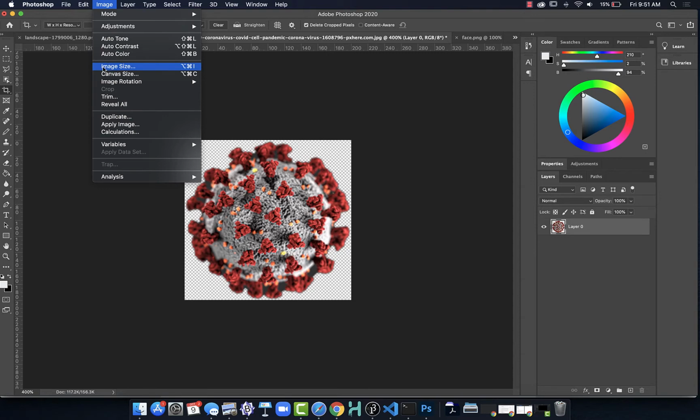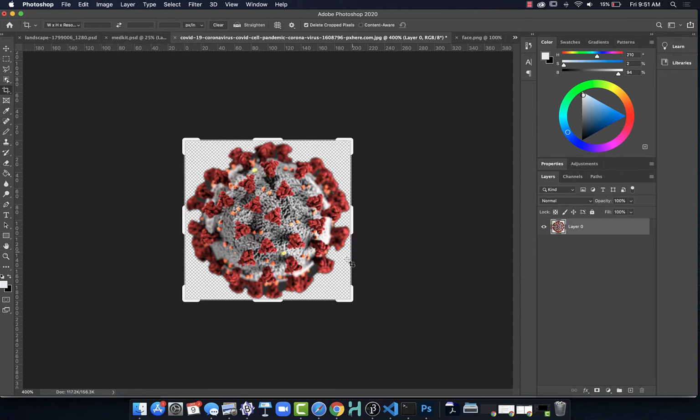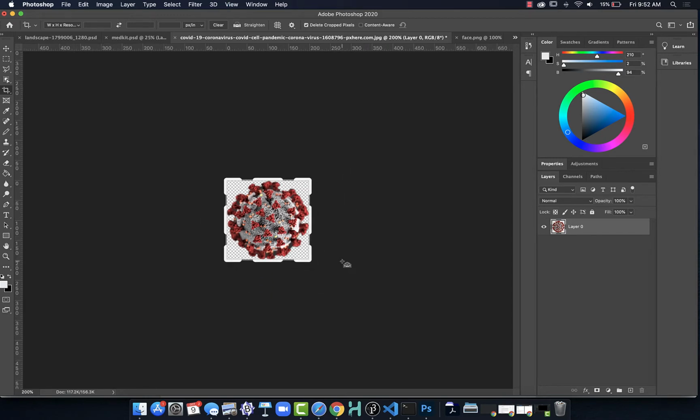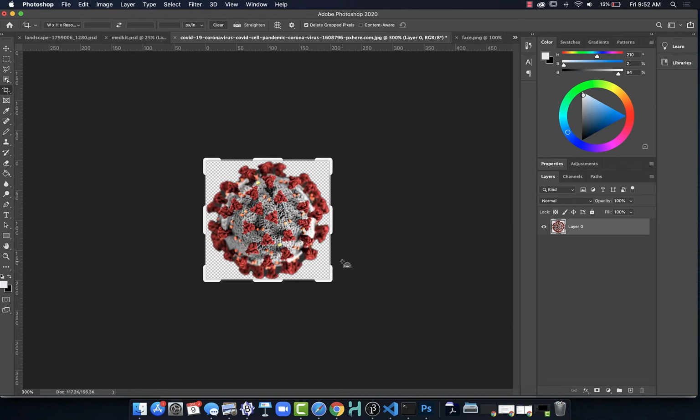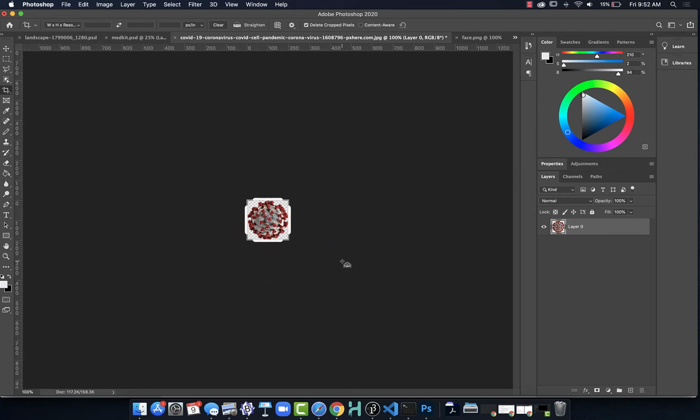Now if we look at this, let's see how big the image is. And the image is 200 by 200. Well, that's a pretty big difference from 16 to 200. So if we shrink it down, so if I go down once, so we were right here at 400%, but if we bring it down to 100%,